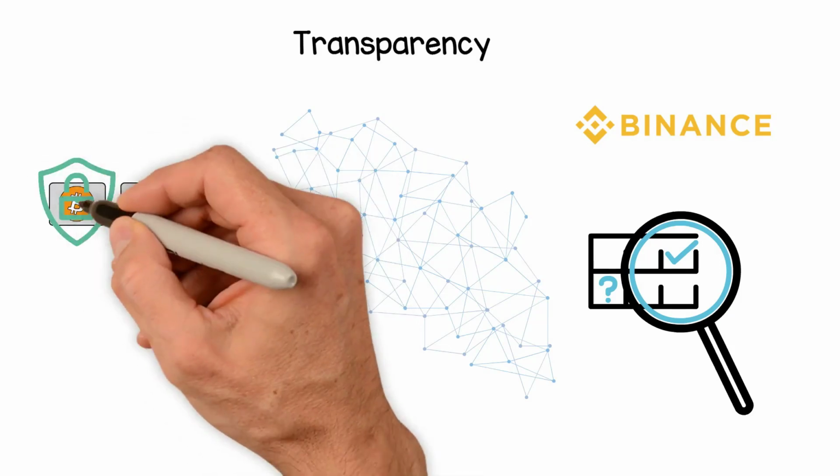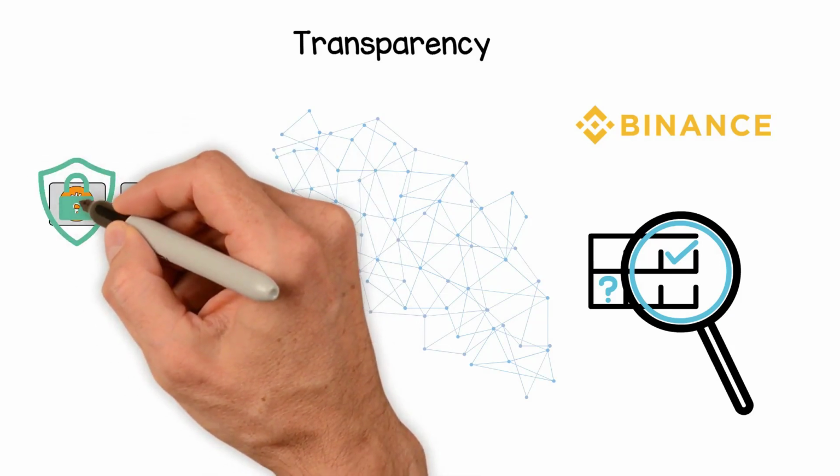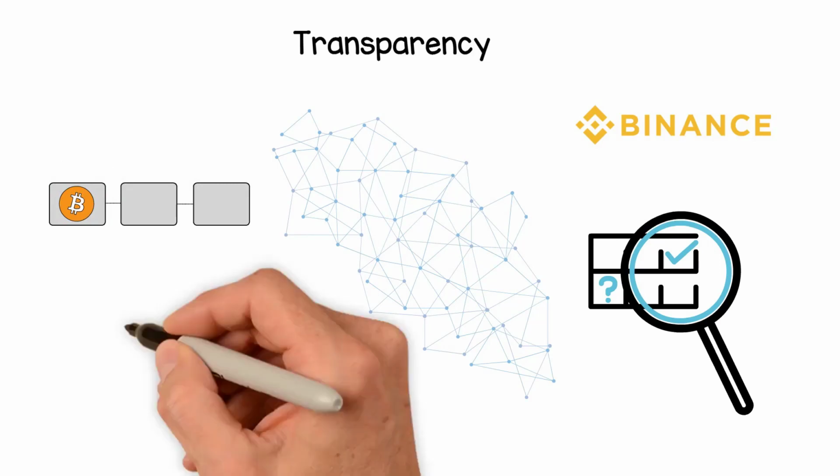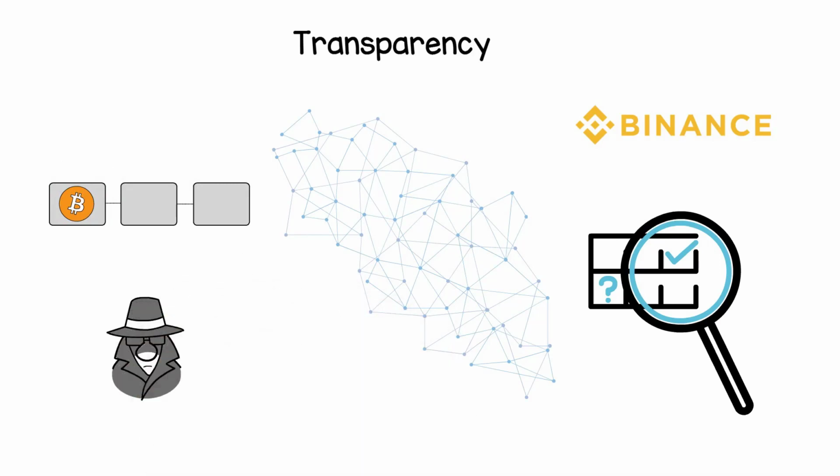The records stored in the Bitcoin blockchain are encrypted. This means that only the owner of a record can decrypt it to reveal their identity. As a result, users of blockchains can remain anonymous while preserving transparency.